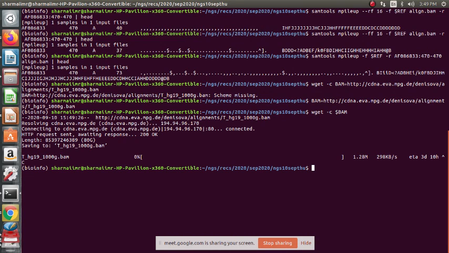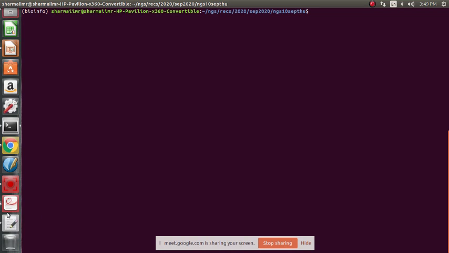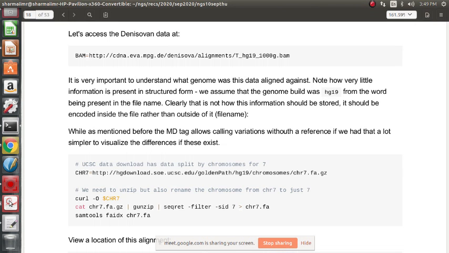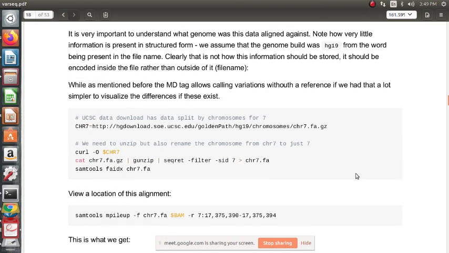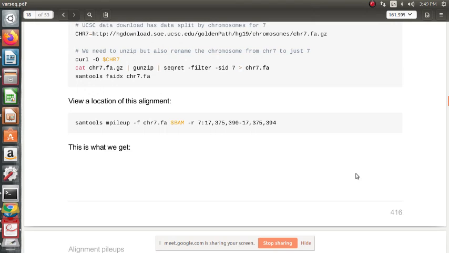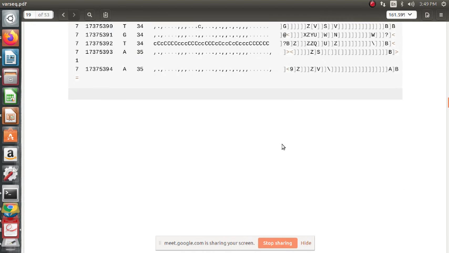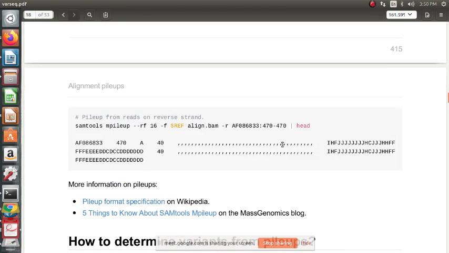We cannot download this. It's just to illustrate how a large pileup file will look. If you want to see a pileup file as a whole, not this one, this is going to be very huge coordinates, right? Like 17,375,390 and 17,375,394. We need not query this much. We'll basically see our pileup file itself in a full way.